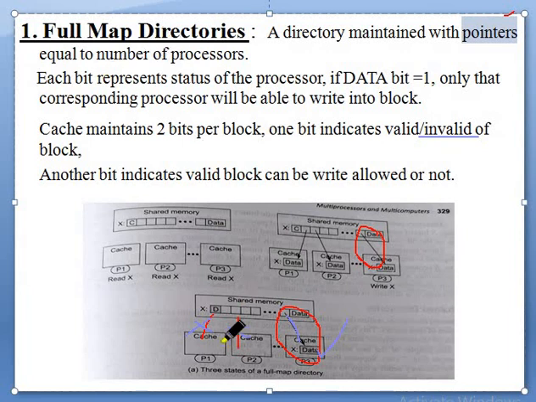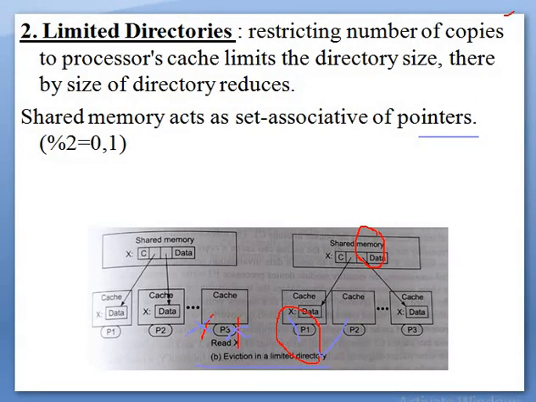Why it is called full map is that however many processors there are, that many blocks of cache will be created. That is why we call it a full directory. Next, limited directory. Why do we call this a limited directory?